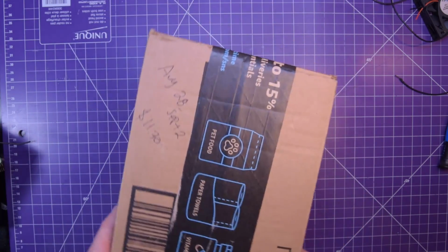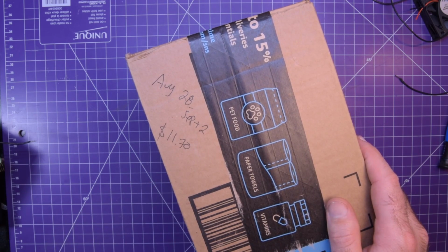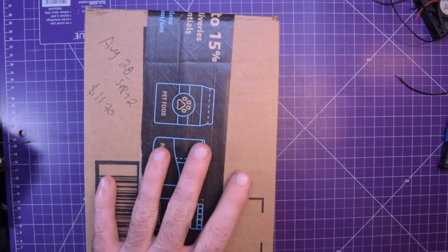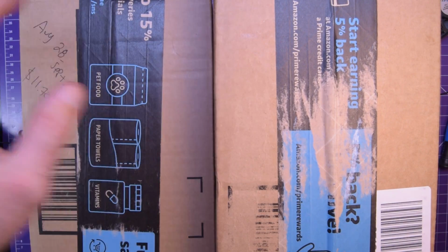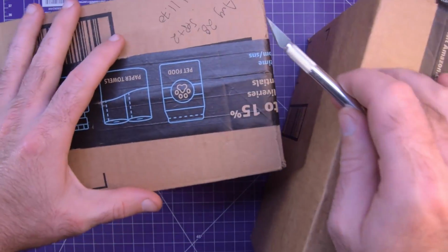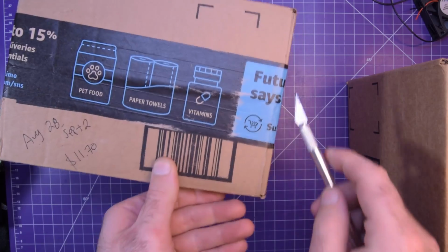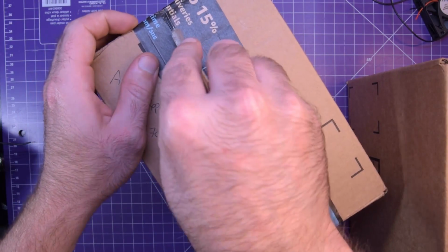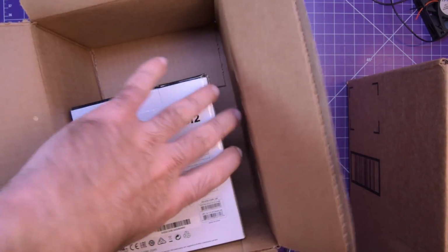But this one here, ordered August 28th, received September 2nd, $11.70, is actually a double. So there was this one, and then this one came a few days after. And this is basically a stock item. It will be included in some near future, I hope, projects. But basically,